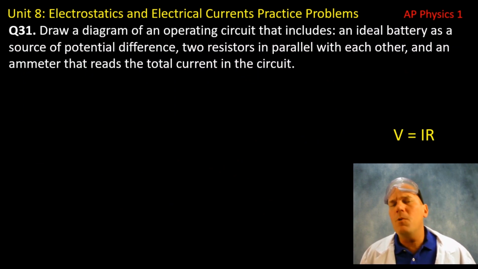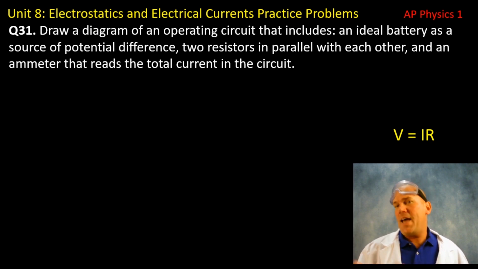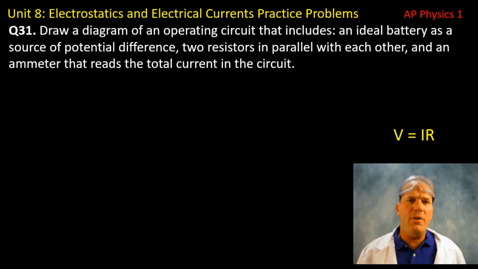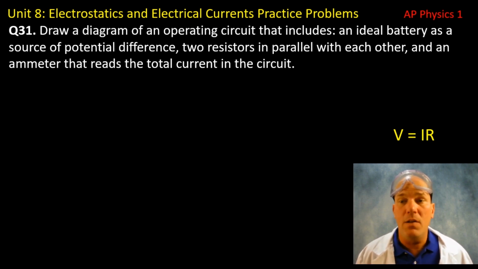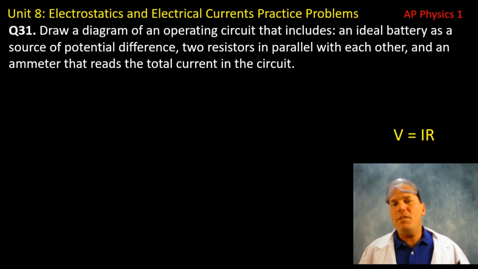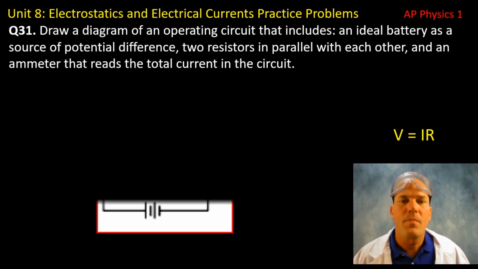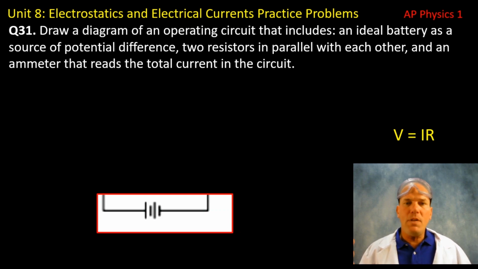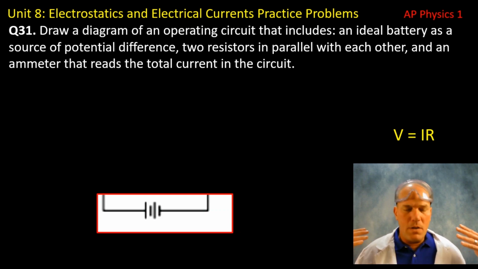Now in question 31, you're asked to draw a diagram for a circuit that has an ideal battery, in other words, a battery with no internal resistance, and two resistors that are hooked up in parallel with each other. And then lastly, an ammeter, and the ammeter needs to be placed in a location to measure the total current of the circuit. All right, so here we have our battery, and we're showing it, that is the source of